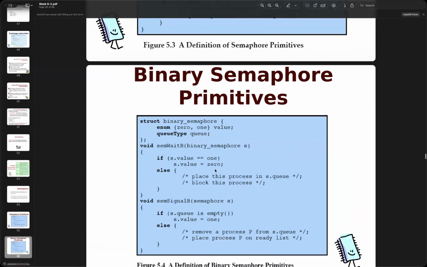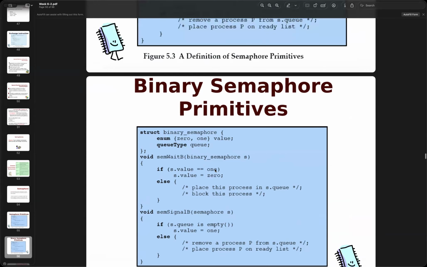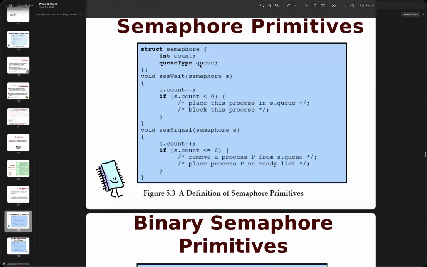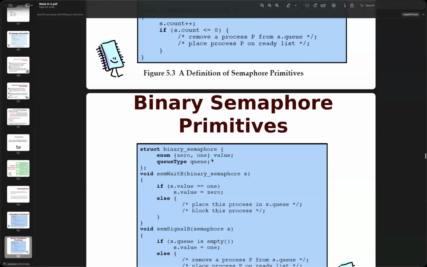If we want to implement a binary semaphore, because we talk about the binary semaphore right here, compared with the integer count, we use the enum. So we say either 0 and 1, right?